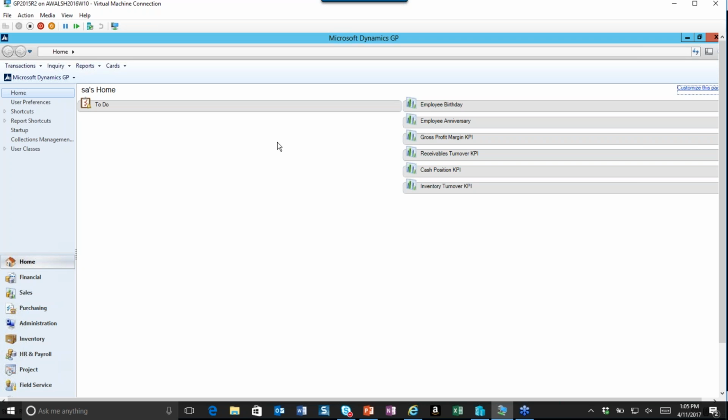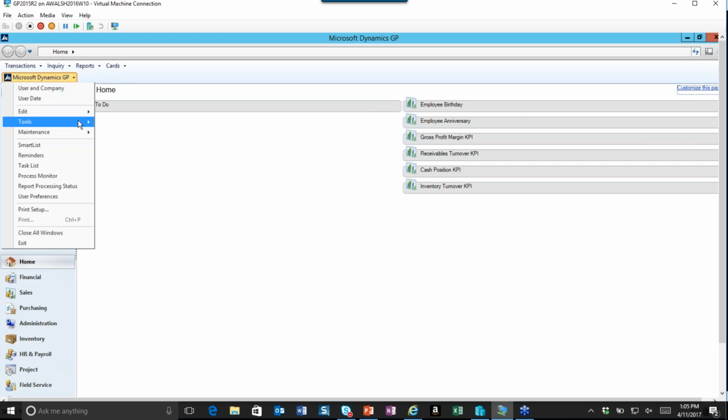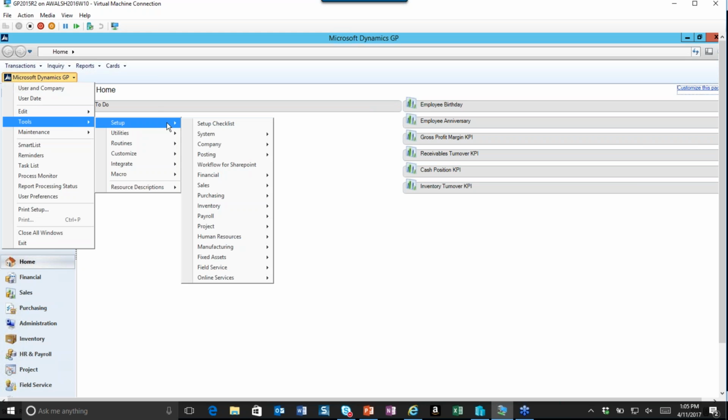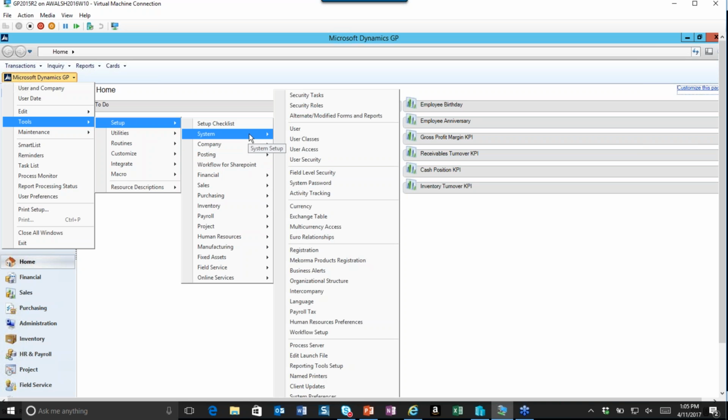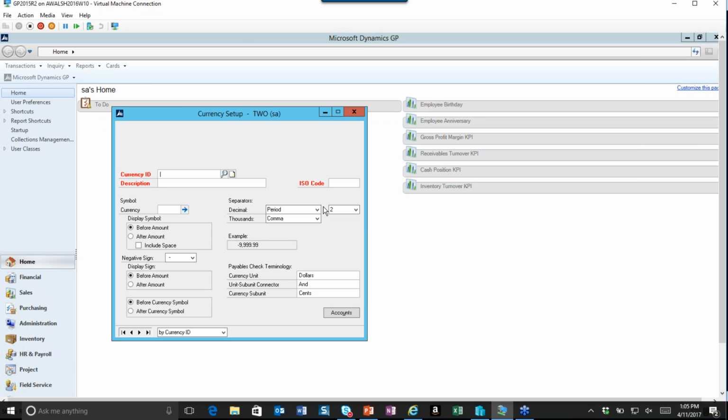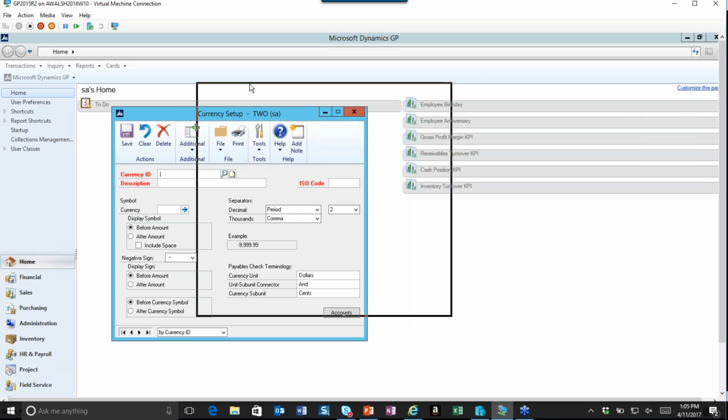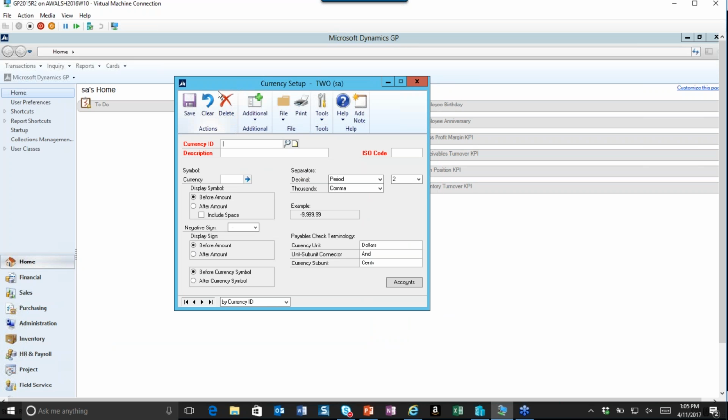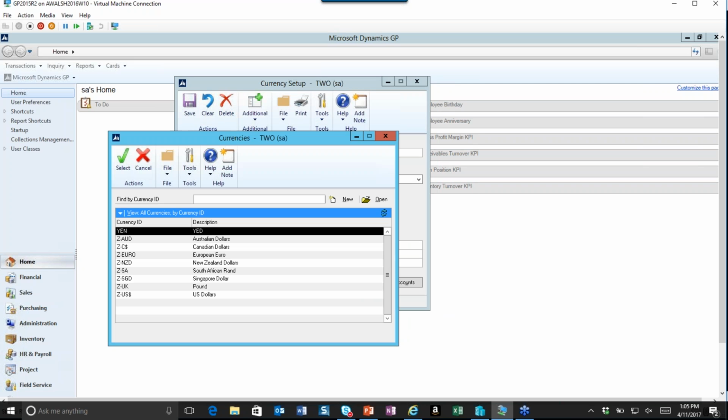Now, the second part of the multi-currency setup is you'll actually want to create your currency ID. Now, the currency ID window, if you go to Microsoft Dynamics GP, Tools, Setup, System and Currency, you will notice here on the currency ID, and I'm going to click on the lookup button because I want